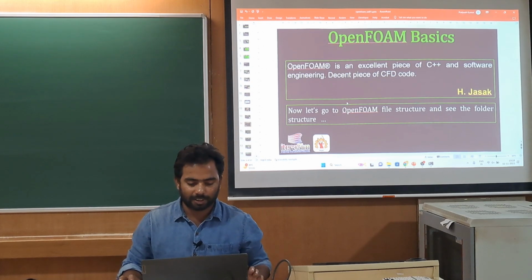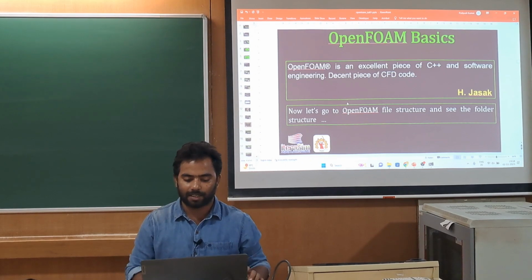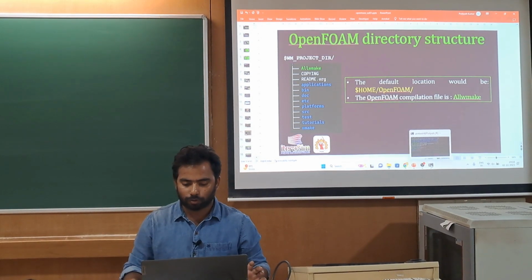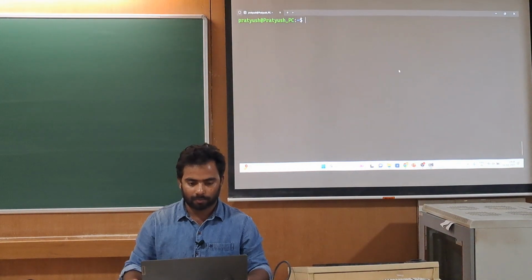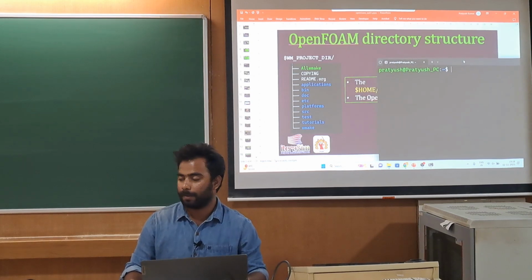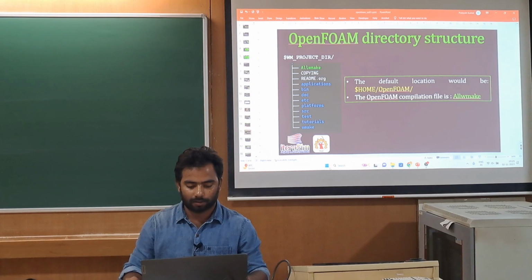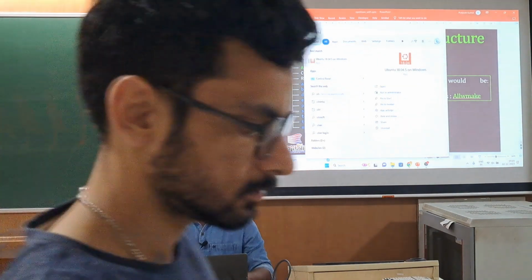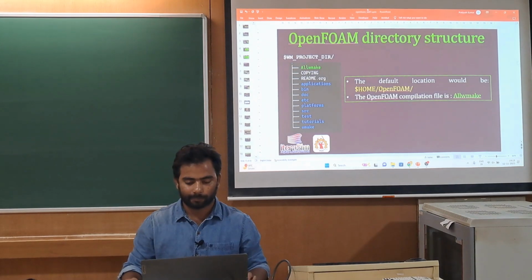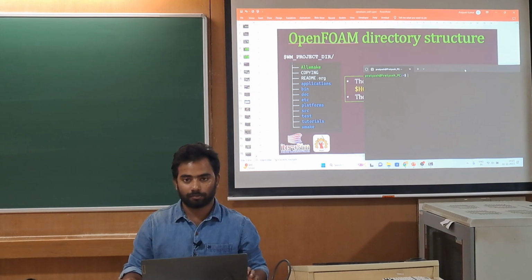Okay. So much theory about OpenFOAM. Now we should go to OpenFOAM and understand the file structure and test case. So everyone should open your terminal, and parallelly I am explaining the file structure and you should also implement it. Okay. So everyone just start opening one terminal from here. Just try to put Ubuntu. Okay. Everyone has opened your terminal.